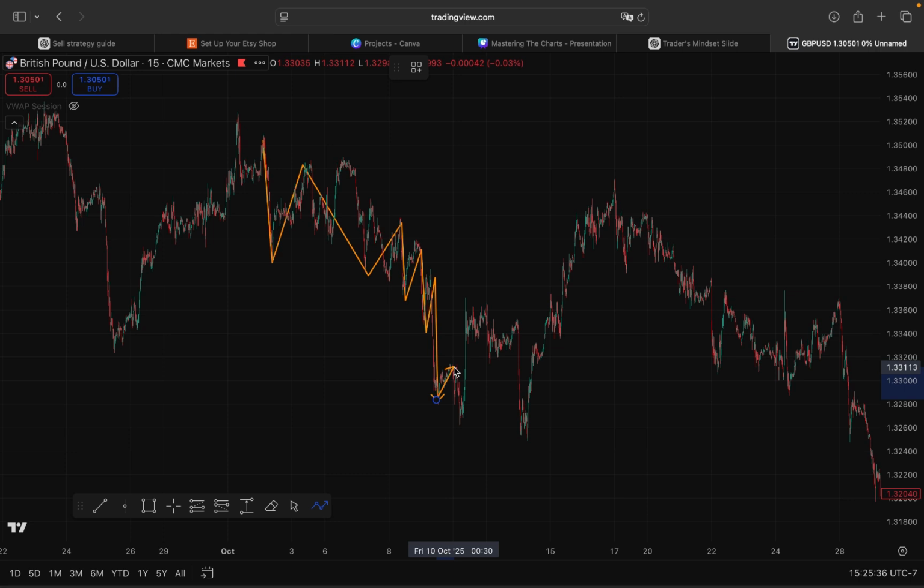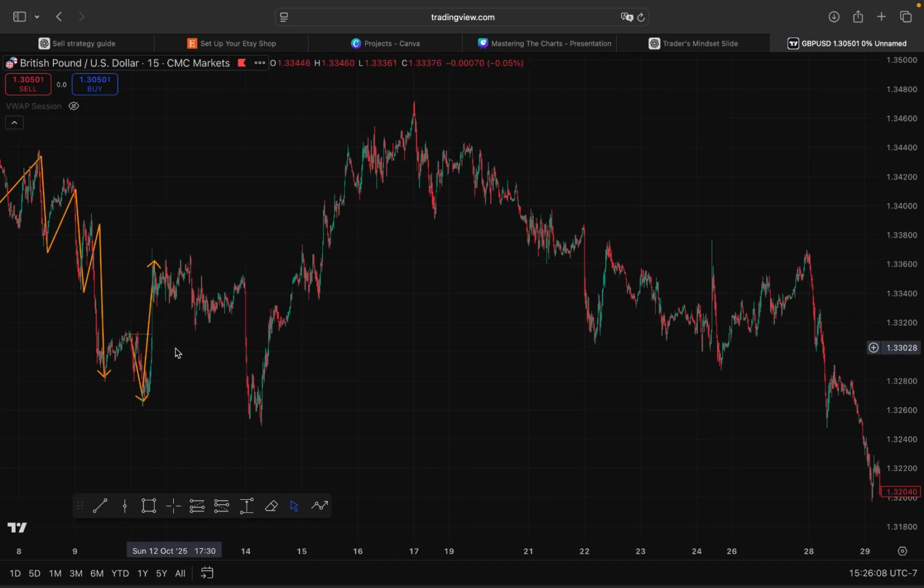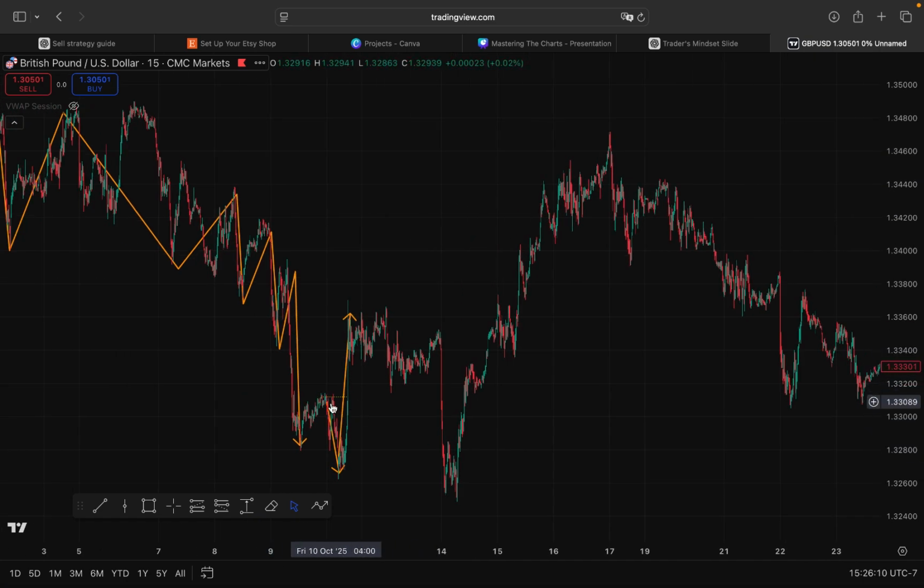And then it broke through this last lower high that we have right here. You see that? It broke through this last lower high. I'm zooming in for you guys so you can see. Right here, it broke through the last lower high, right? This is the last lower high, lower low, price broke up, broke through it. This is what we call a break of structure,